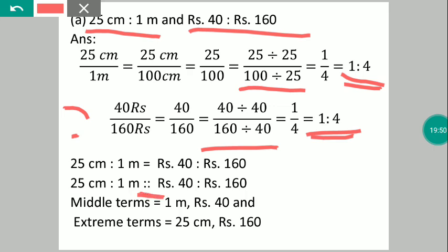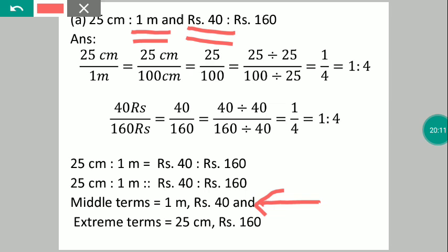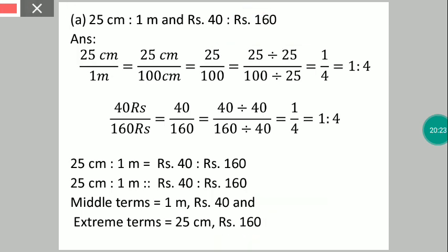So we use the symbol of proportion, because the 4 quantities given are in proportion. Now the middle terms are nothing but the second and third terms. The second term is 1 meter and the third term is rupees 40. So the middle terms are 1 meter and rupees 40, and extreme terms means the first term and fourth term. So 25 centimeter and rupees 160. So the extreme terms are 25 centimeter and rupees 160. This is A. Now B,